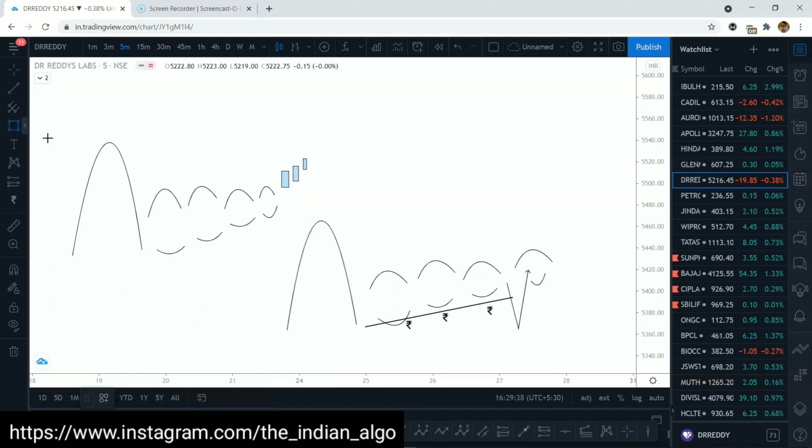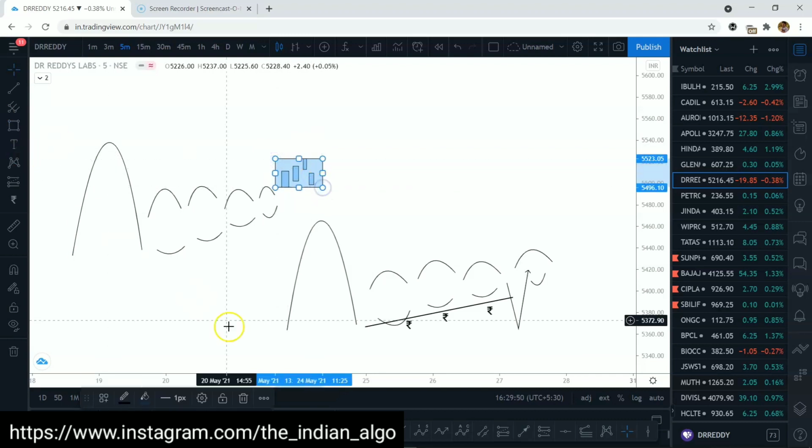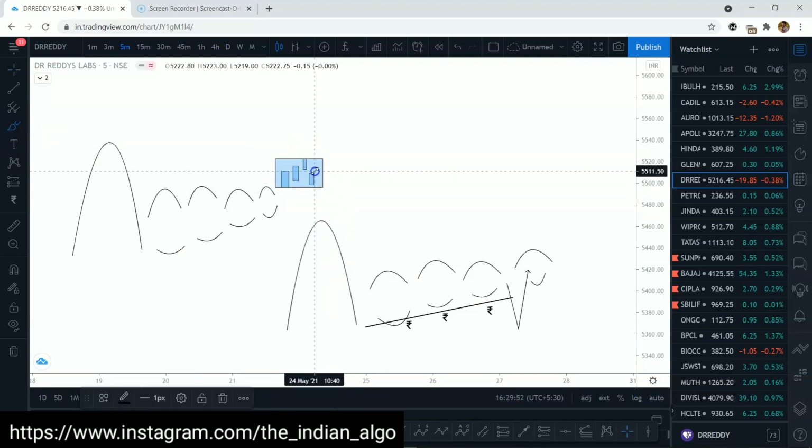Or if it forms a small range, but with small range candles. If it forms a small range with small range candles, all you have to do is mark that range up, let that range break out, and expect higher prices. We'll talk about how to draw this particular range and all of that, but this is the best entry criteria that you can actually look for.